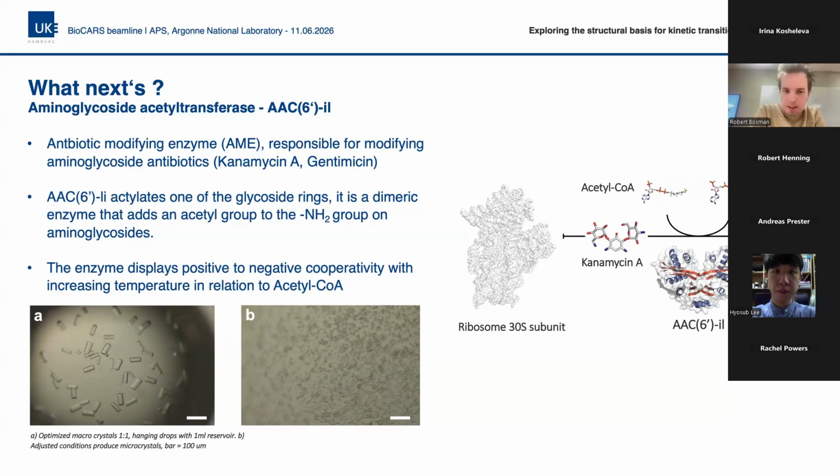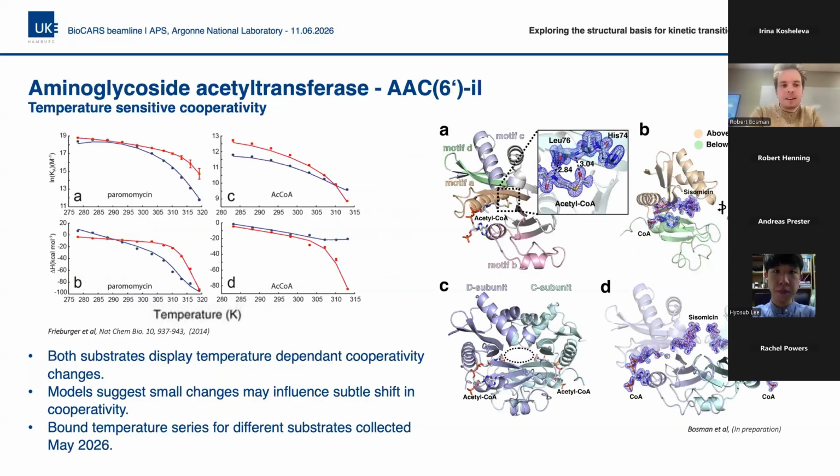And what's particularly interesting about AAC is that it changes the nature of its cooperativity as a function of temperature. So it's a place to look at systems with known temperature sensitivity in their behaviors, if you like. AAC essentially goes from a positive to a negative cooperativity in the case of the acetyl-CoA, and in the case of the aminoglycoside, it has a similar shift in its cooperativity. This is thought to be related to its dimeric nature, which is not uncommon. We've seen this in other systems